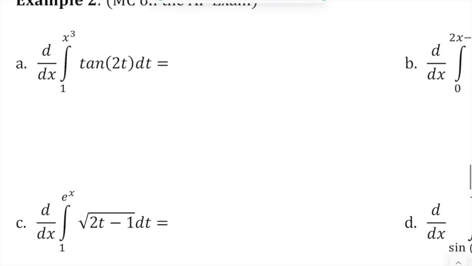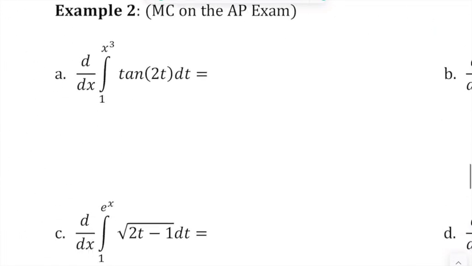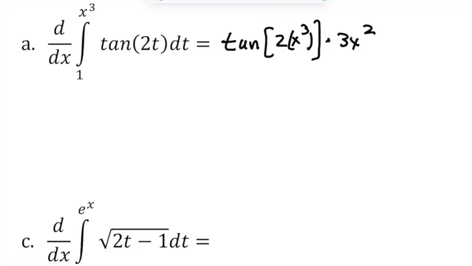All right, so these are some questions found on the AP exam. Let's just practice them. So I'm not going to show all of these little steps. I will just mention it. But again, we're taking the derivative of an integral. So take x cubed and plug it in. And then by chain rule, we need to take the derivative of x cubed. And in this case, it is 3x squared, which is going to give me an answer of 3x squared times